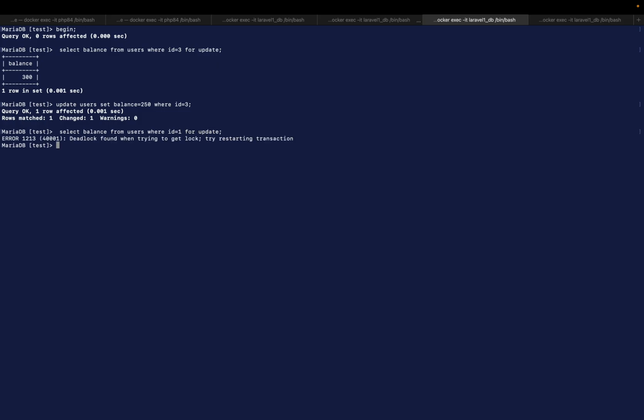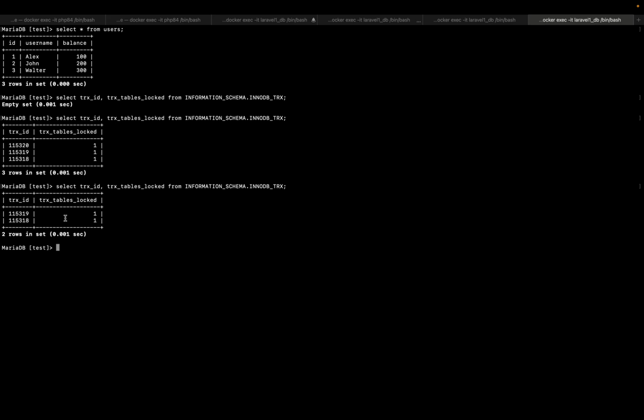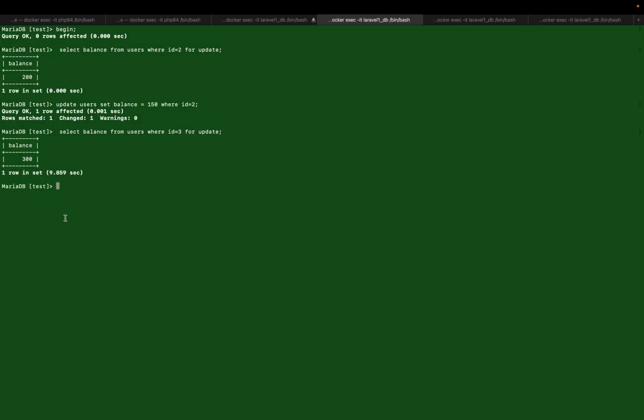And this becomes a deadlock because now this is like a loop, this is like a circle, so each of the transactions is waiting for the other to release the lock, and none of them will be able to do it because it has become a loop. So MySQL detects this situation and it cancels one of the transactions. It cancels the last transaction that caused the loop situation, and you can see here that now we only have 2 transactions, and you can see here that the green one stopped hanging because Walter's transaction was rolled back, and